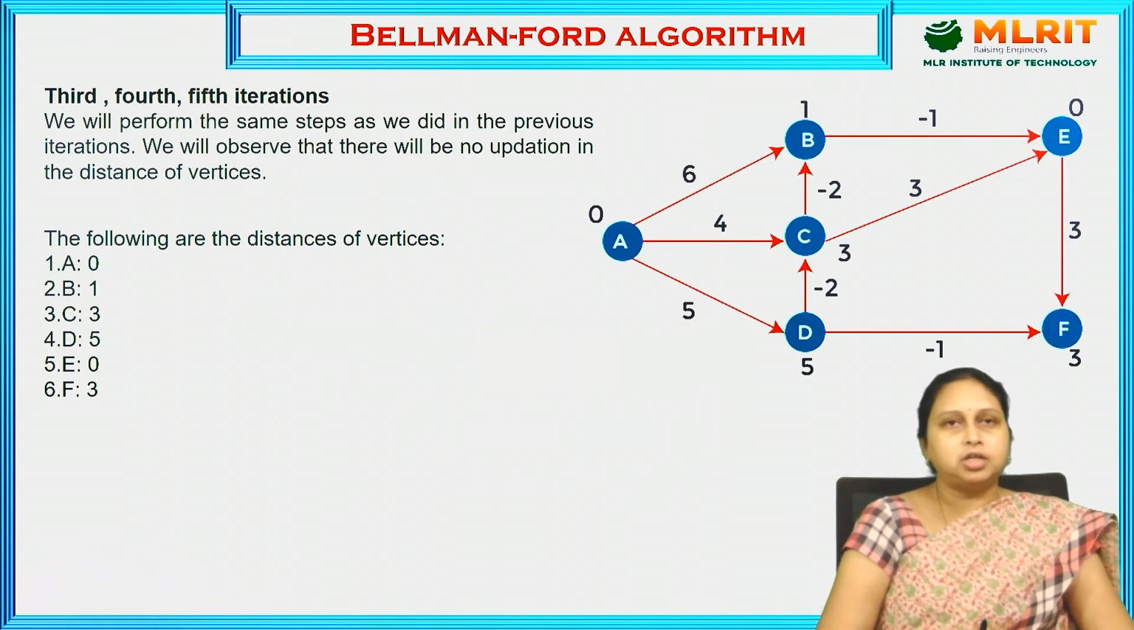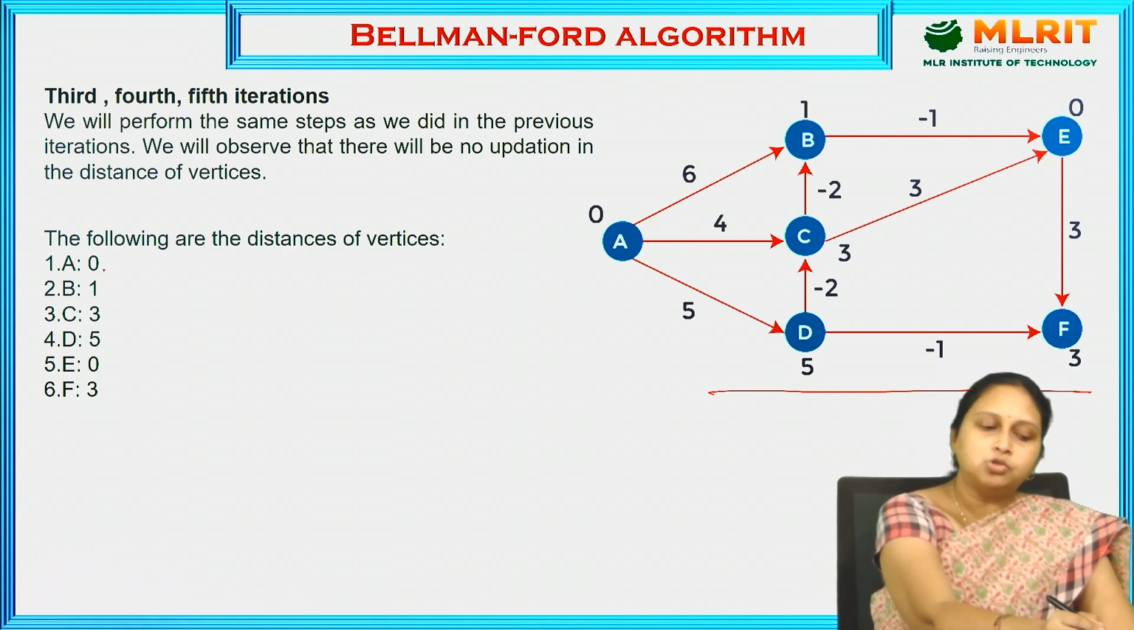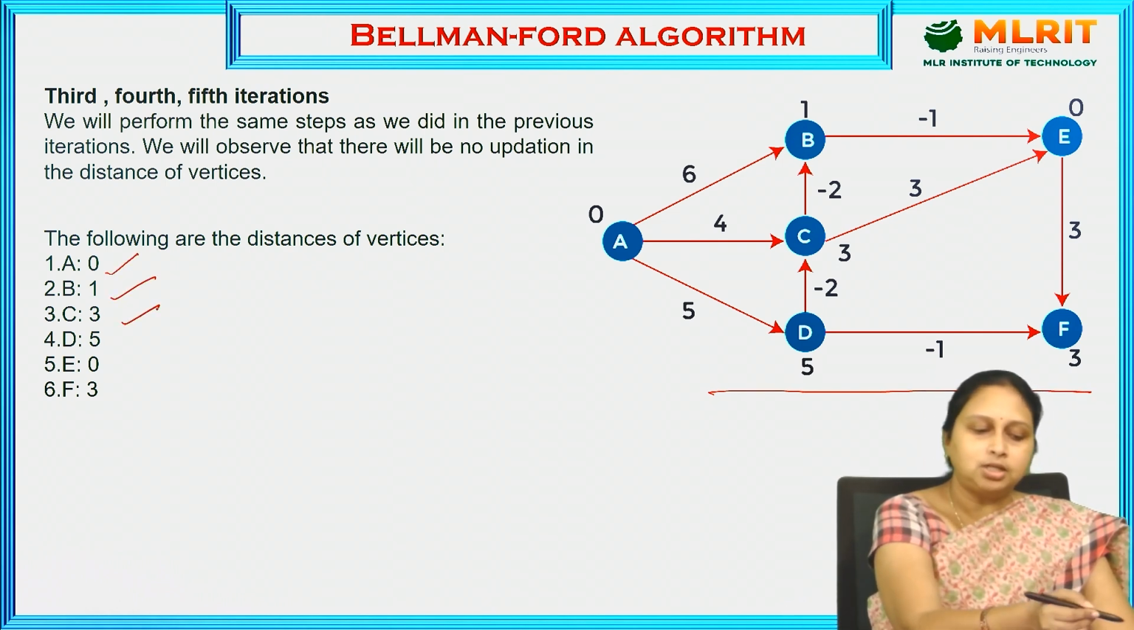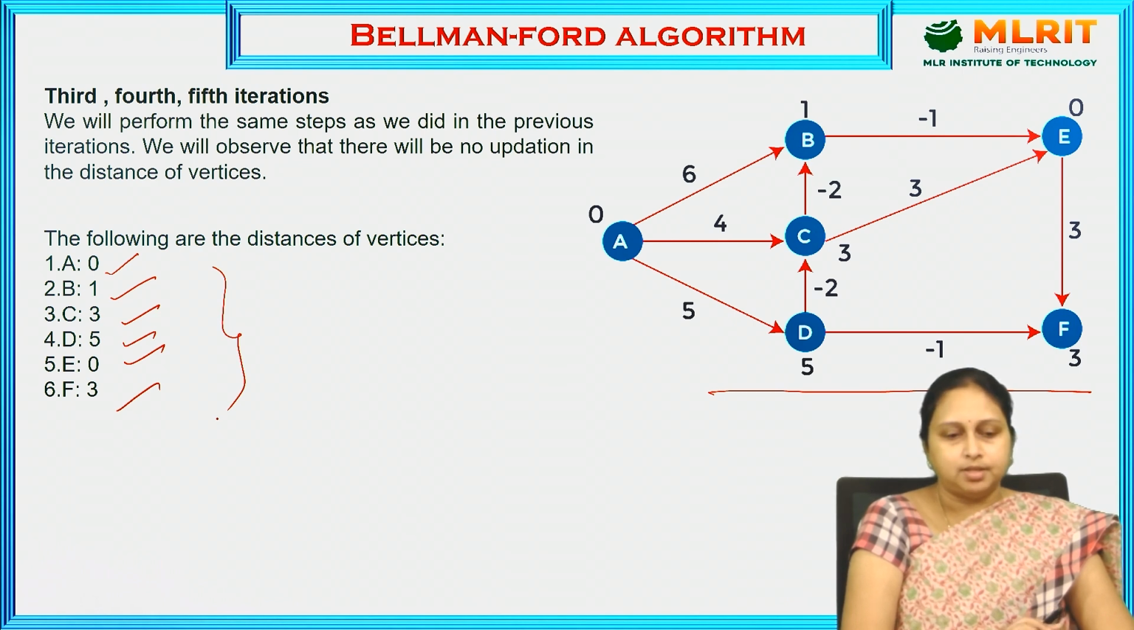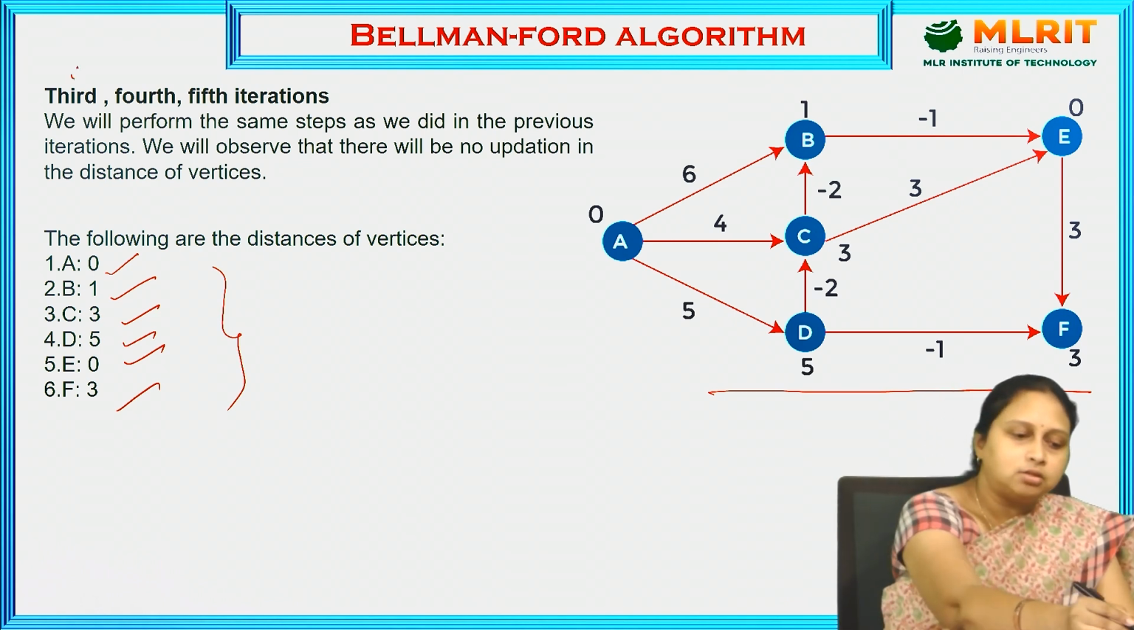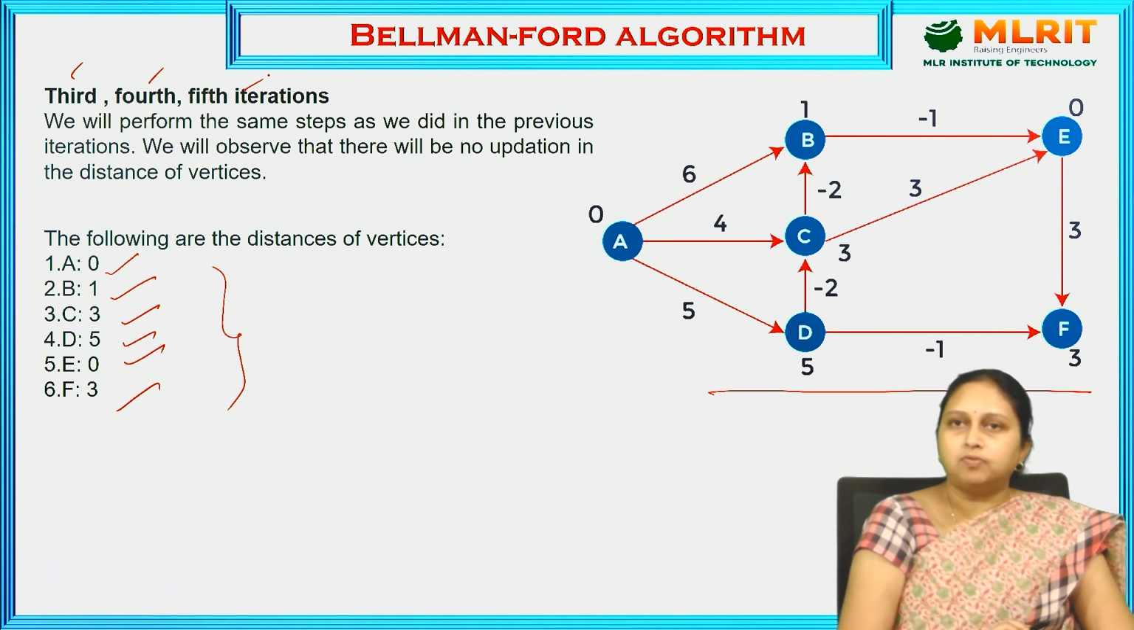Now, if I check the third iteration also, I don't find any changes in the vertices for each and every edge. If you want to check, you can check the third, fourth, and fifth iterations. After all 5 iterations also, you will get A is 0, B is 1, C is 3, D is 5, E is 0, and F is 3. You don't find any changes in these vertices. If you want, you can check the third, fourth, and fifth with the same procedure we followed based on